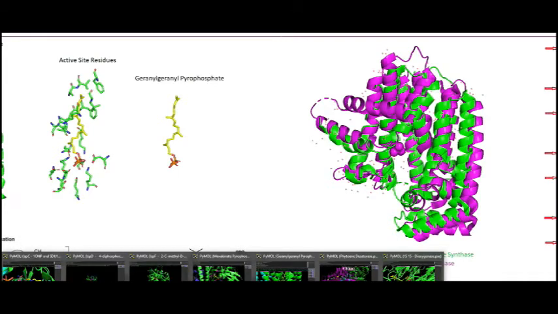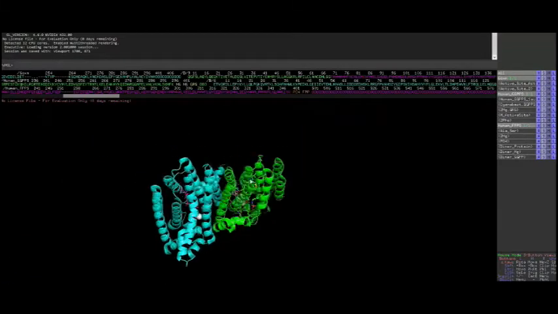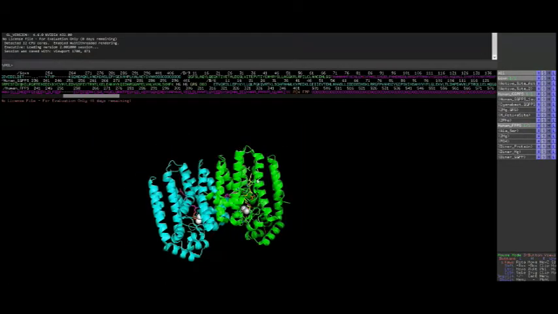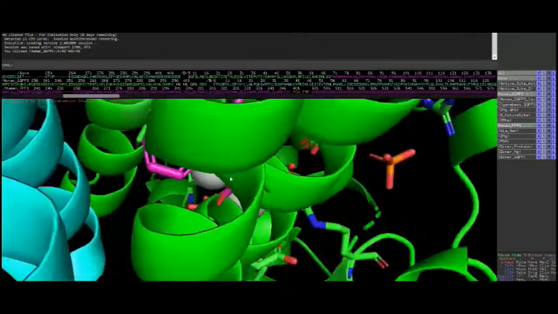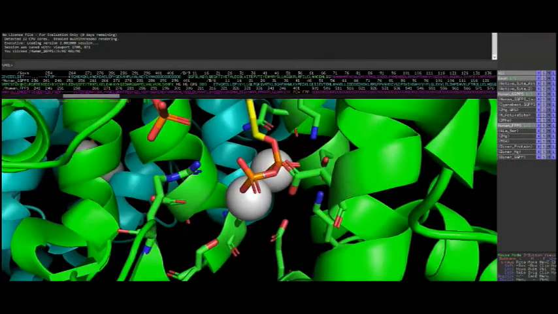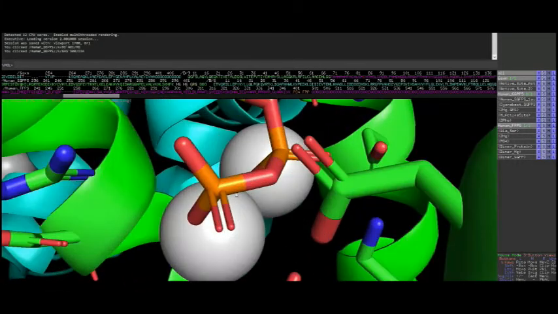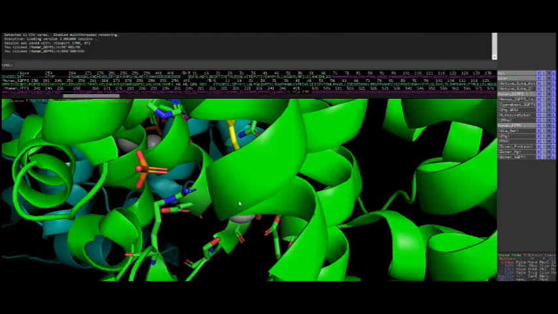And so I actually have the Geranylgeranyl pyrophosphate here in PyMOL, and we can zoom in down here. We can see two of our magnesiums here as these sort of gray spheres,